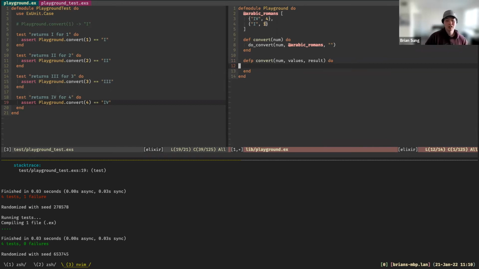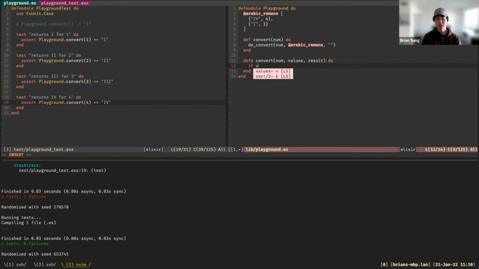All right, so we want to iterate through the list and subtract the Arabic from the number if it's greater than or equal to, and then if it's not, we want to move on to the next element in the list and do the same thing. But then there's going to be a point where you've successfully iterated through everything, you don't have a number anymore because you subtracted that last one from it, for example. And so now you need to return that result, right? Because there's nothing left to iterate. And that's what they call a base case in recursion. So we can write our base case here.